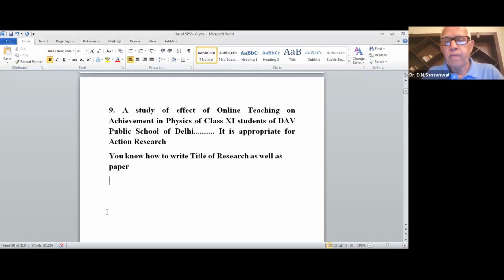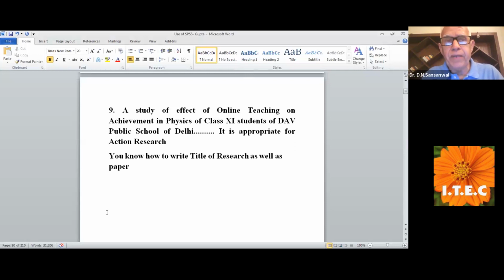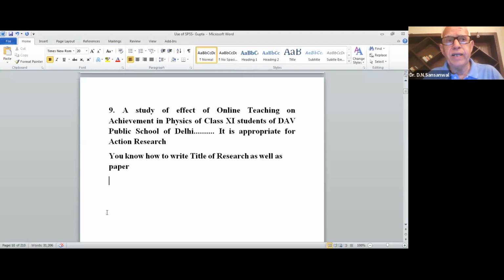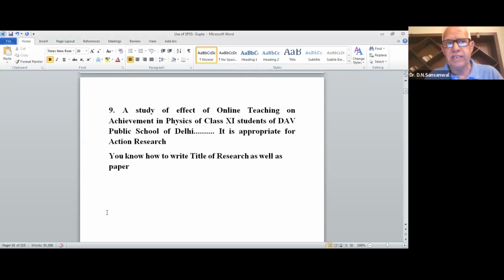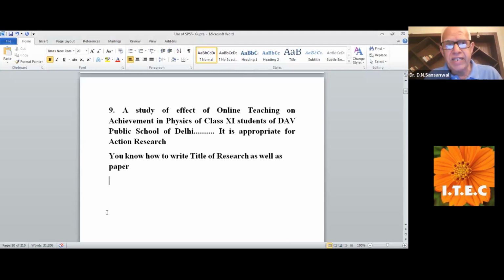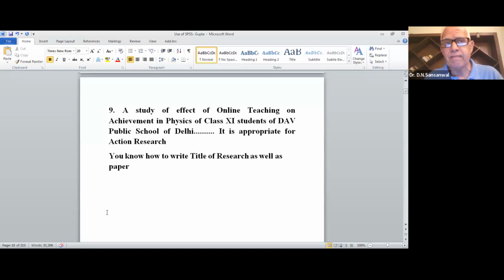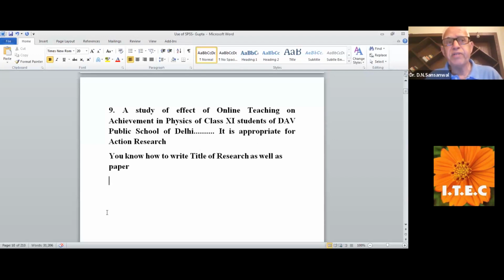So therefore, for writing the paper, my suggestion is that if you are a beginner, you should have one objective or two objectives, so that the length of your paper may be 5 pages or 6 pages. But once you are an established researcher, then you may write a paper which may be 20 pages or 30 pages. It doesn't make a difference, because you are an established researcher and you have published,